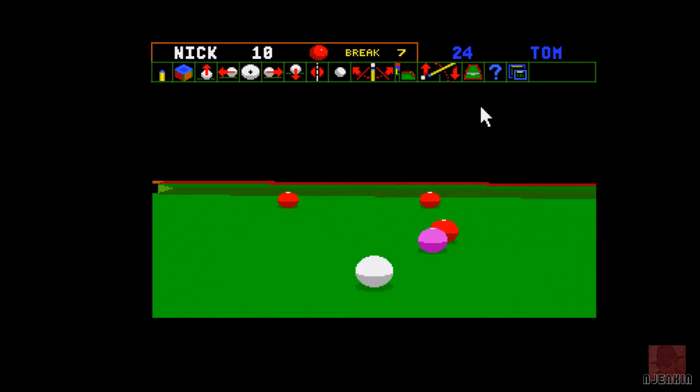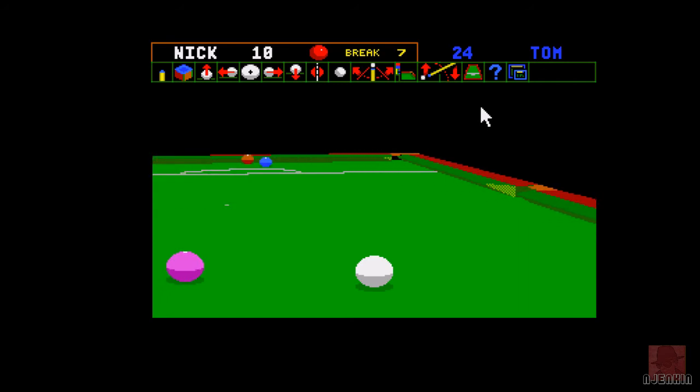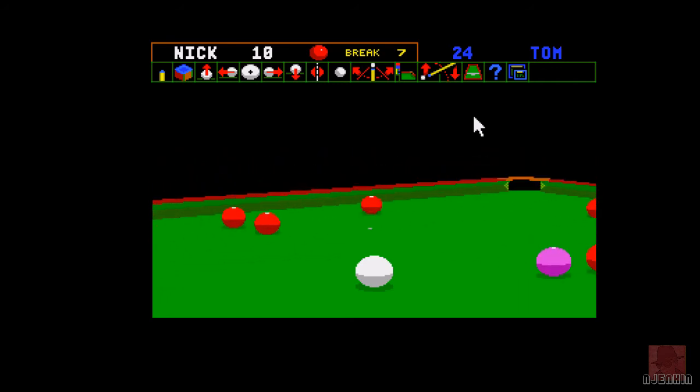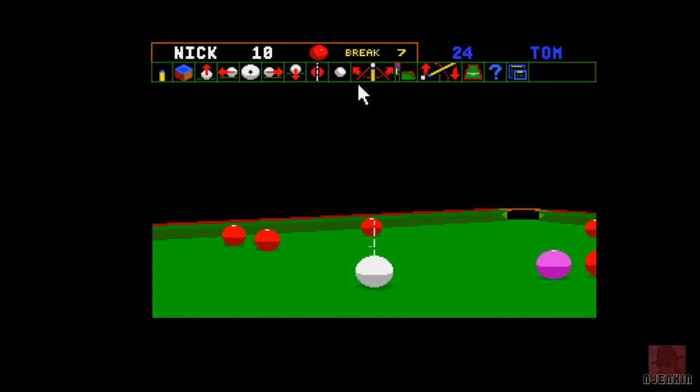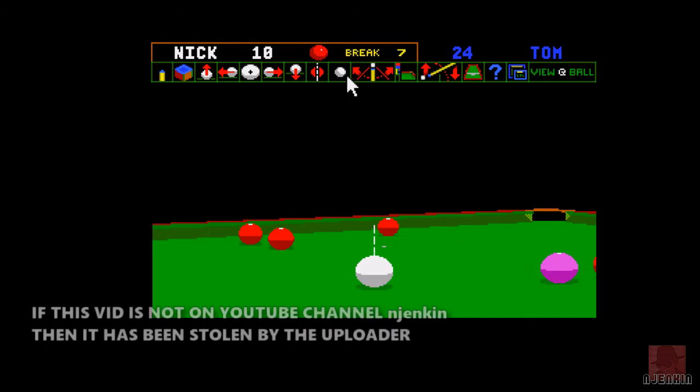Oh, it's a fine cut. Yeah, I've got nothing up there. That's the brown. It's a fine cut into this pocket for the high break prize. I'm quite pleased with that. Red and pink. Pot the red and screw back for the yellow, green, brown, blue, pink and black,